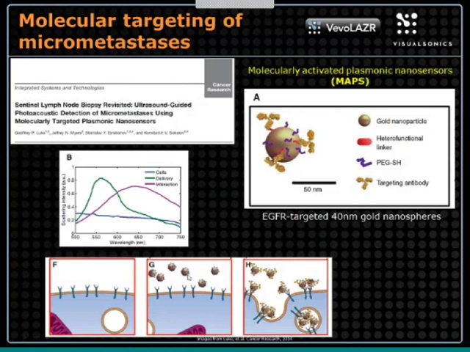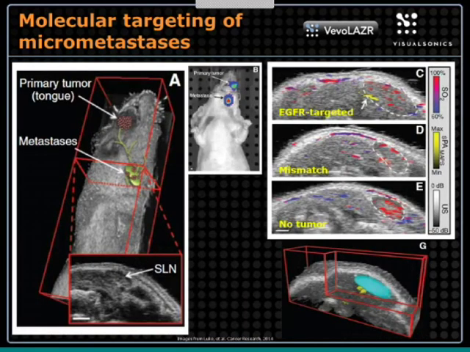But I want to point out some work that was done using their materials, which was published in Cancer Research, I believe last year, from Stanislav Emelianov's group, where they essentially took these particles and functionalized them so that the targeted particles will go inside the cells and will actually have a different photoacoustic signal than particles which are just floating around outside of cells. So these are EGFR targeted, so they're targeted to these cancer cells,